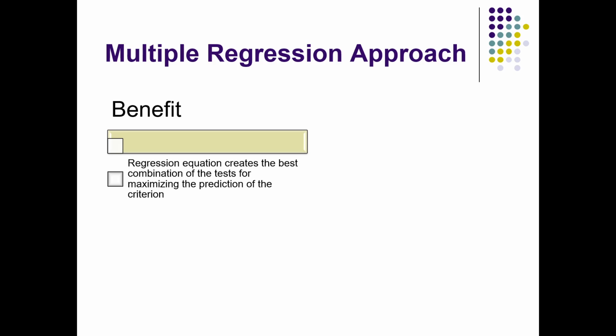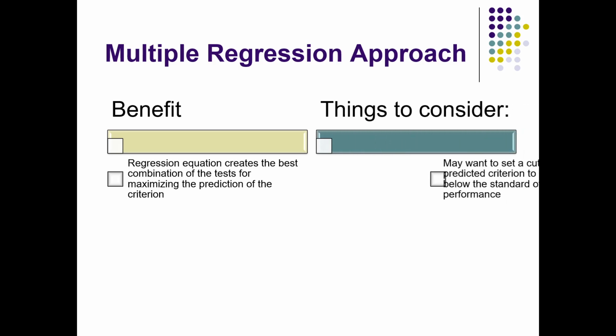One of the things that's really nice about a multiple regression approach is that we can go back and analyze the success of the prediction. And that's what this guy is stuck in a loop of trying to figure out, how to predict who's going to be a good NBA player. There are so many variables in employees, right? Things that can turn out to have been important now that you see how it all worked out. And so you can really maximize the predictive ability of the battery that you're using if you let multiple regression reveal to you which ones are working really well and which ones aren't. You can take some out, you can add some in, you can be changing your battery all the time. Things to consider about this method: